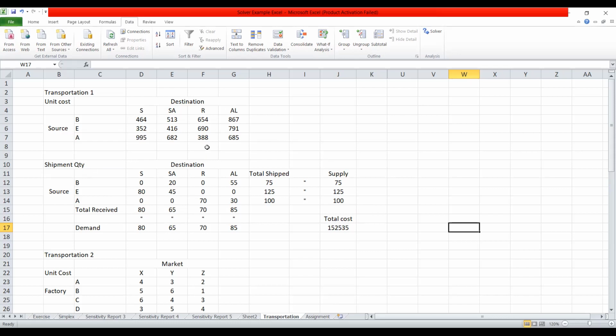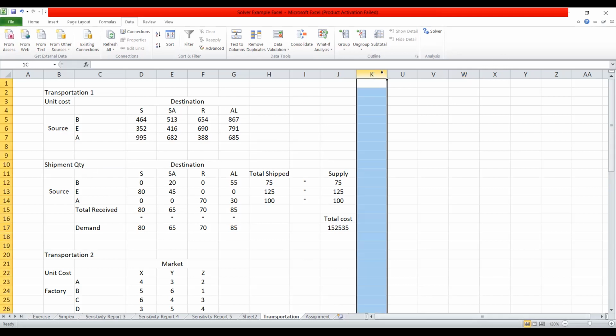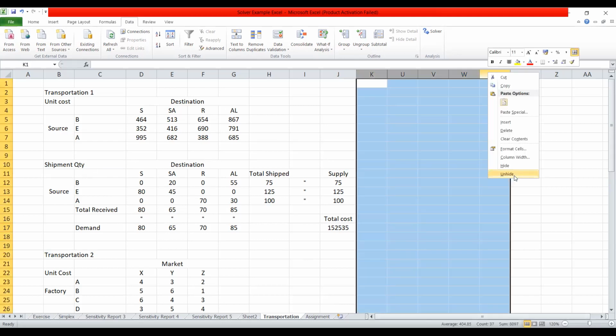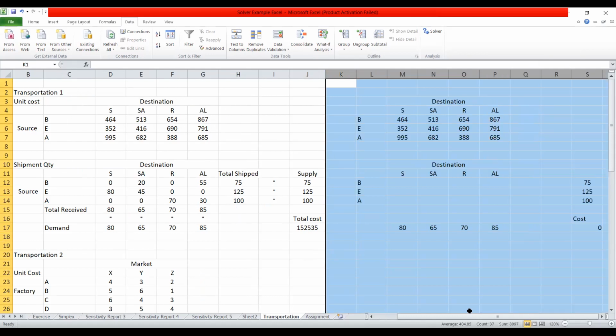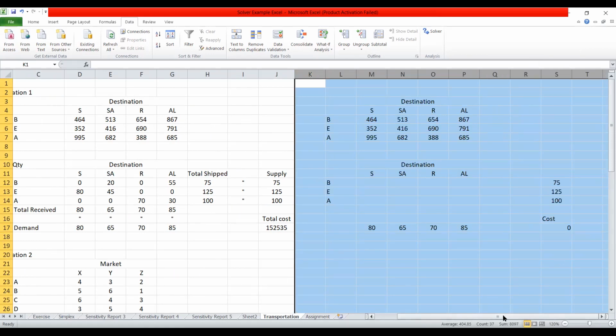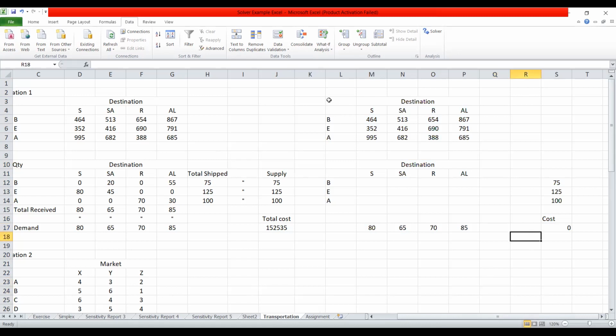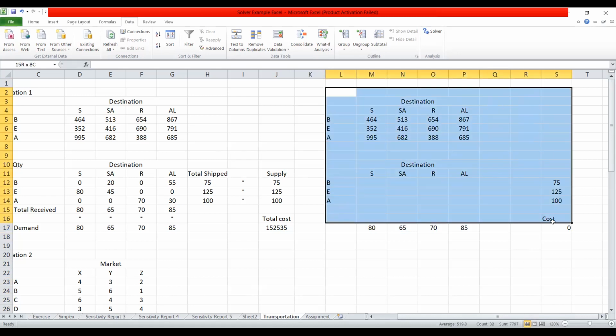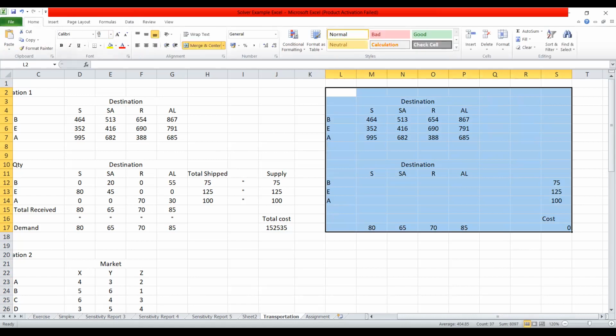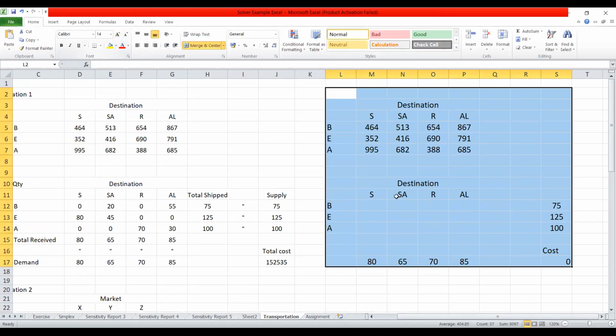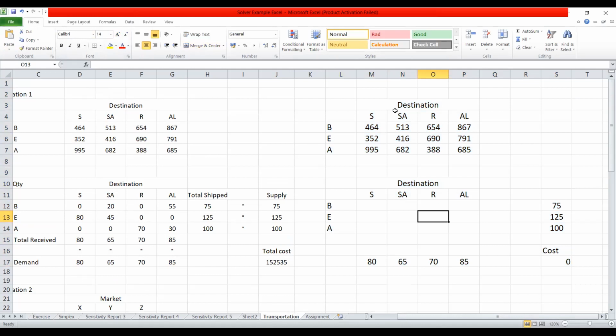Now let's see how to get this answer based on the Excel solver, right? So I made that working out there. Now you can see the same example here also, and let me expand this one a little bit. Okay, right. Now here this is the destination and the sources are given. Every detail is here. Now we need to calculate this part.